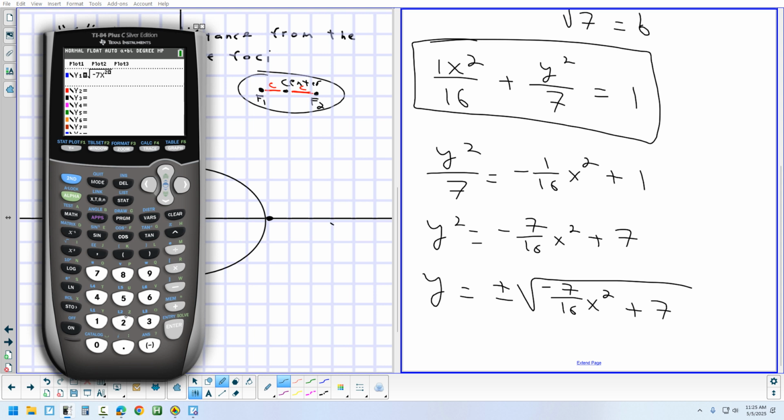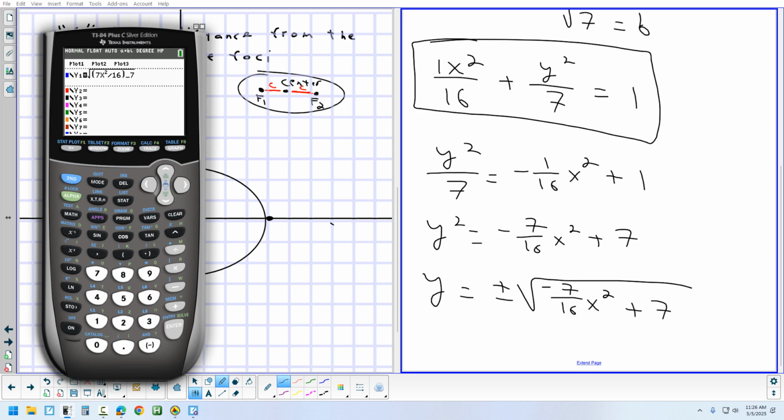All right, so negative 7x squared divided by 16. Now I need a plus 7. But if I do it like that, I think it would do order of operations okay, but I want to make sure. So I'm going to put in a parenthesis, like that,